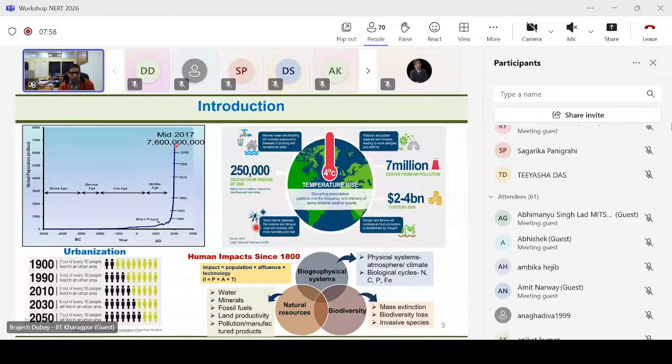So one is the population going up. We are becoming more and more urban. A lot of issues. If you have a 4 degree centigrade temperature rise, you will see certain deaths, and then vector-borne disease, hunger. 7 million deaths from air pollution itself. Pollution and pollen season will increase, leading to more allergy, more asthma. And so we have to quantify. So how to quantify these impacts?